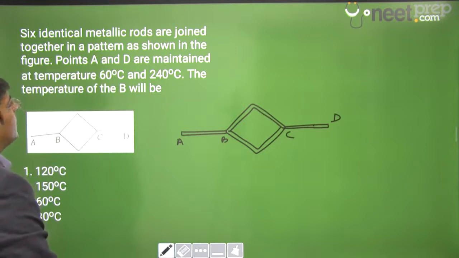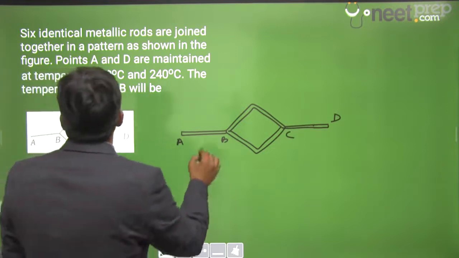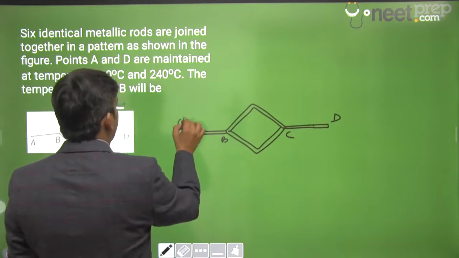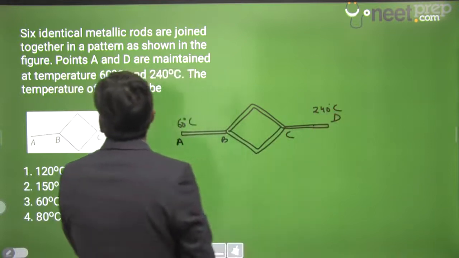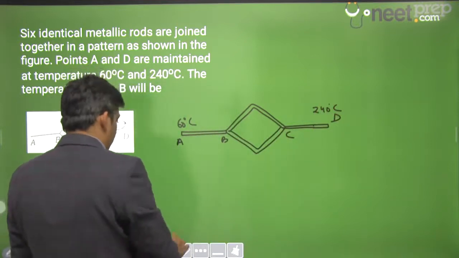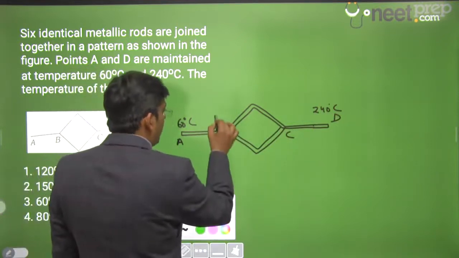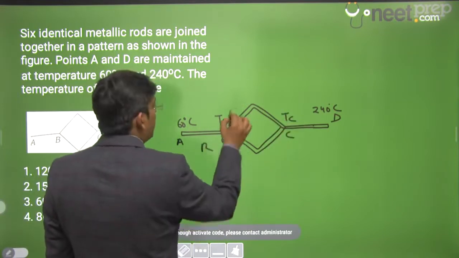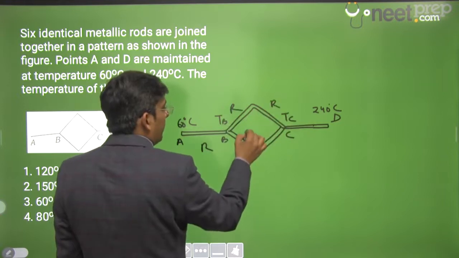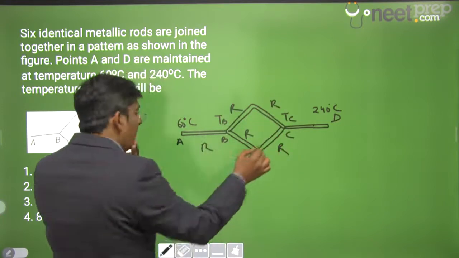Points A, B, C, D are maintained at temperatures. Points A and D are at 60 degrees Celsius and 240 degrees Celsius. We are asked to calculate the temperature of B. Let this be the temperature of C, and the resistances being R, all are identical. So the heat flowing through this